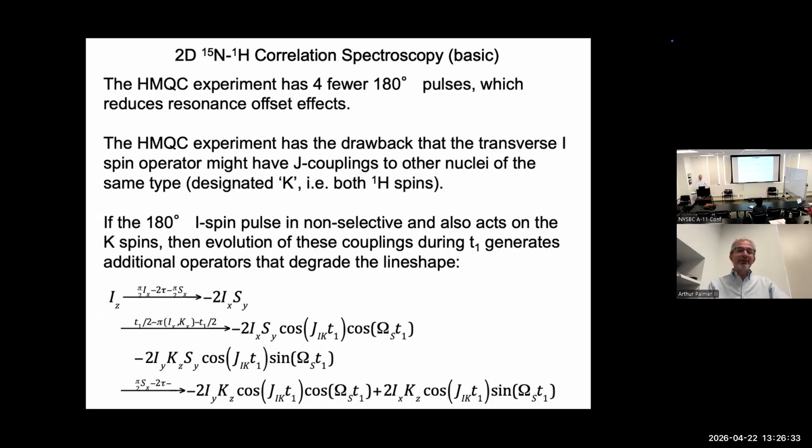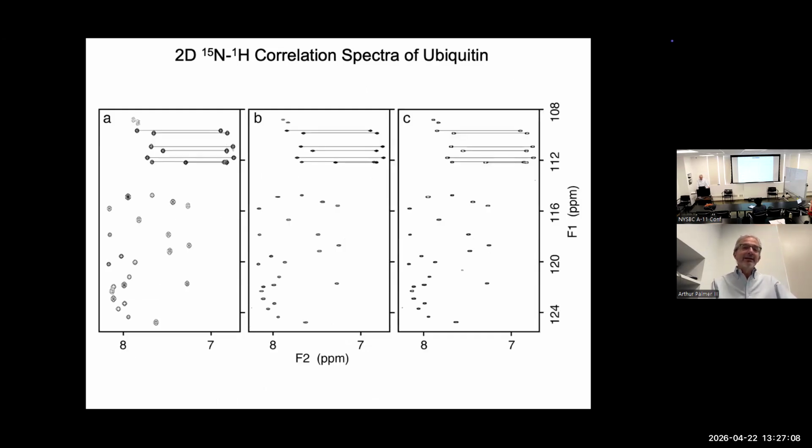Of course, before the methyl TROSY, the HMQC sequence had the problem that the multiple quantum coherence, while it doesn't have J coupling to, say, the nitrogen and the amide hydrogen, that amide hydrogen is in the transverse plane. It has couplings to other hydrogens. In the HSQC, the hydrogen is on the Z-axis, so there's no scalar coupling evolution. And that led to, if you can see it here,